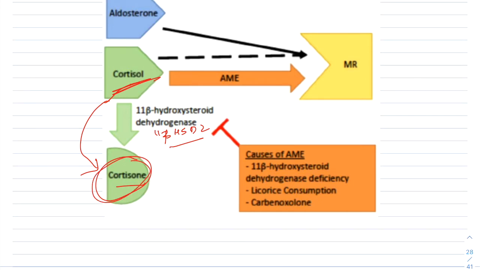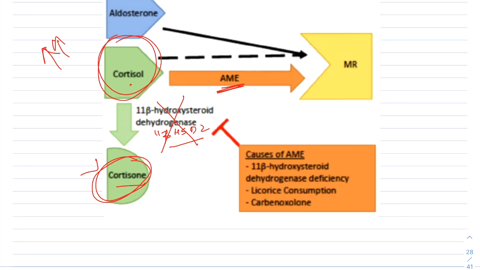In syndrome of apparent mineralocorticoid excess, there is an inactivating mutation of the 11-beta hydroxysteroid dehydrogenase type 2 gene. Therefore, the cortisol cannot be deactivated into cortisone. Thus, there is an excess of cortisol. This increases